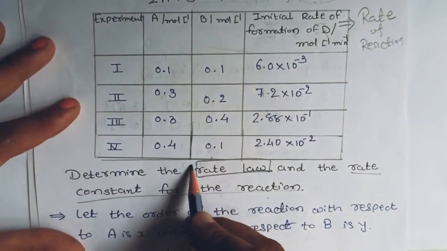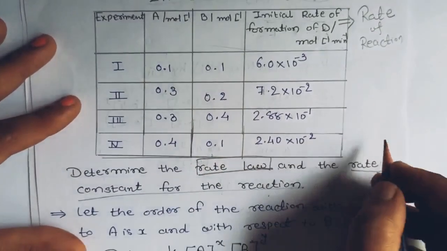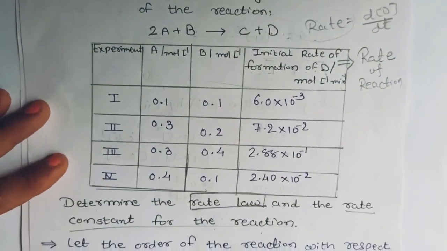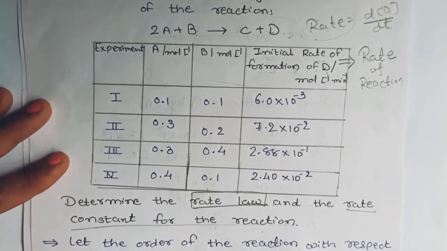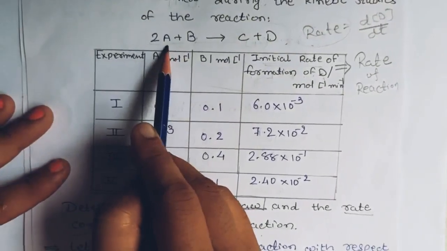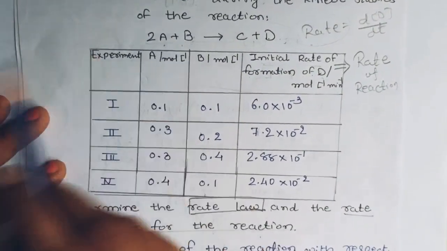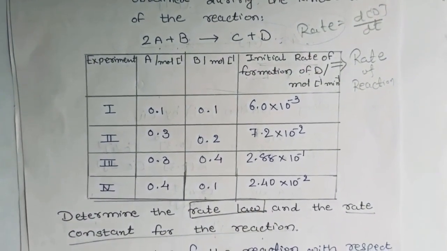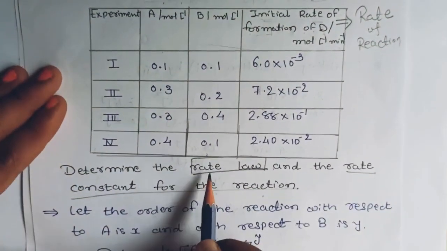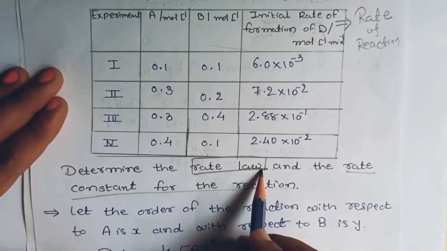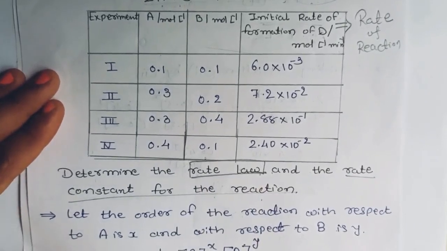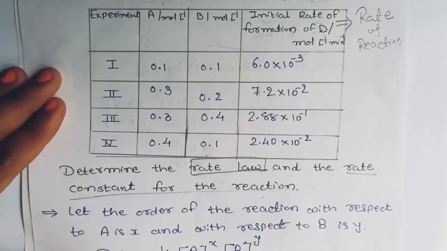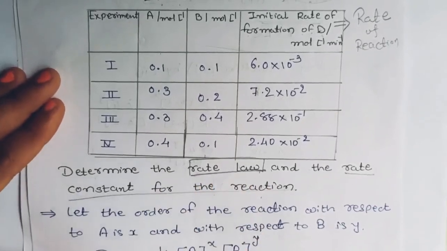If we have to find out the rate law, we need the exponent of A and the exponent of B, right? That means we have to find out the order of the reaction with respect to A and similarly with respect to B, right? जैसे कि हमने अगले न्यूमेरिकल में किया था वही हमें फाइंड आउट करना है, लेकिन यहाँ पे बोला क्या गया है, यू हैव टू फाइंड द रेट लॉ. Not directly stated that you have to find out the order of reaction with respect to A and with respect to B, but it says that you have to find the rate law.